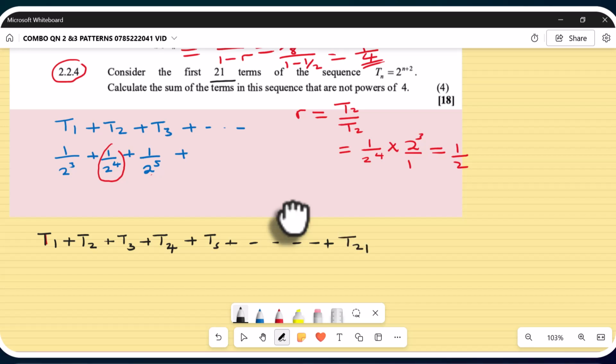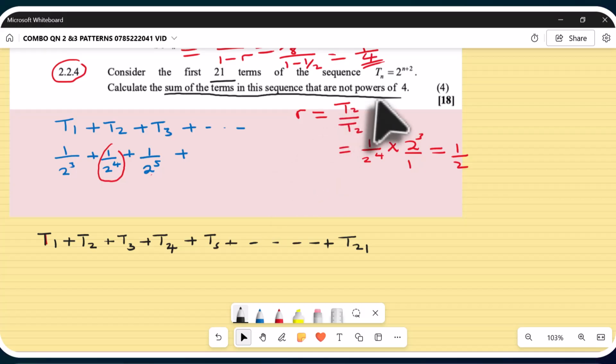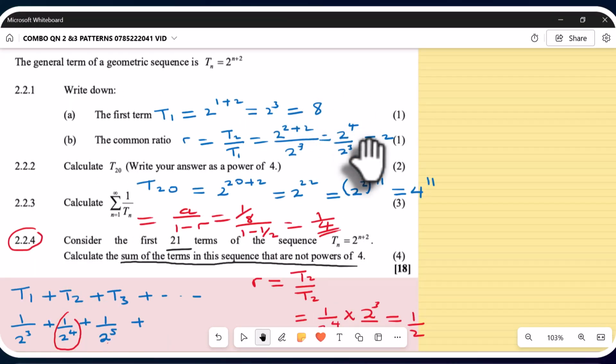Now the sum of the first 11 terms which you're looking for, that's S11. You're going to use our A. Our A was this one here, which is 2 power 3, that's 8. That is 8, into 1 minus the common ratio, which is 4, 1 minus 4, then power 11, the 11 terms,